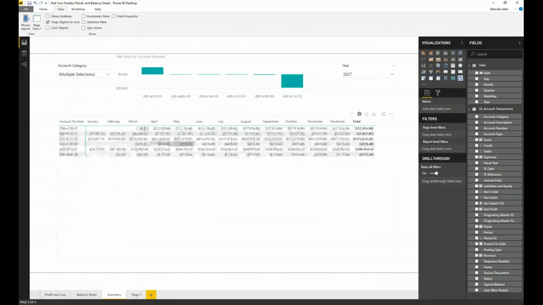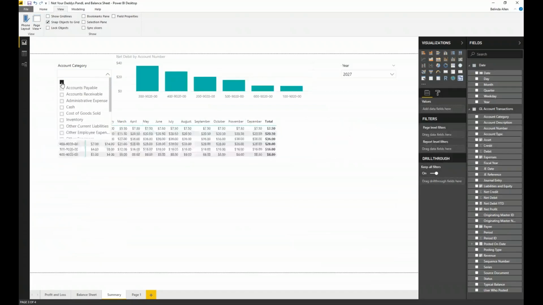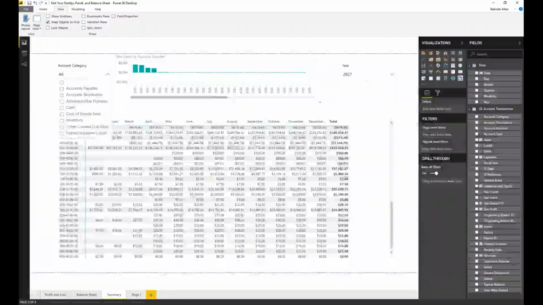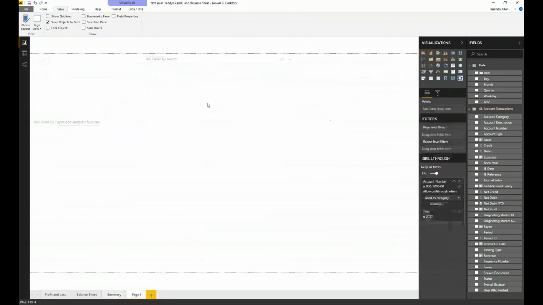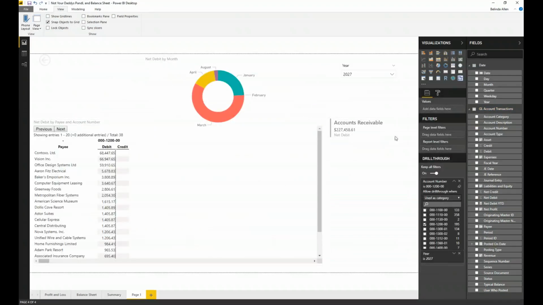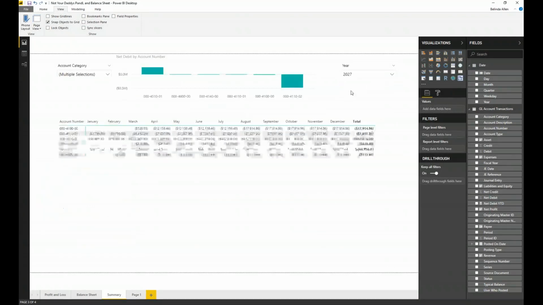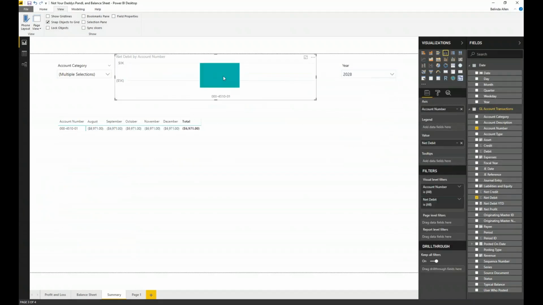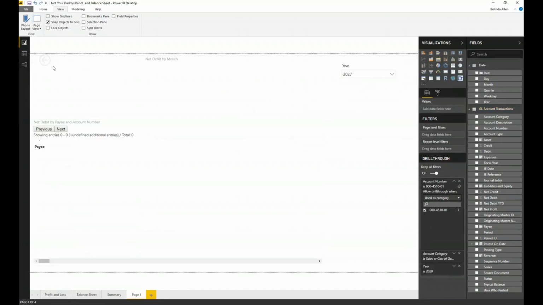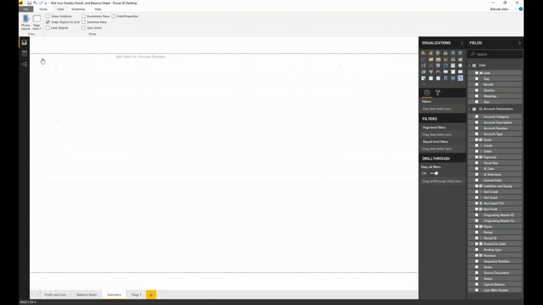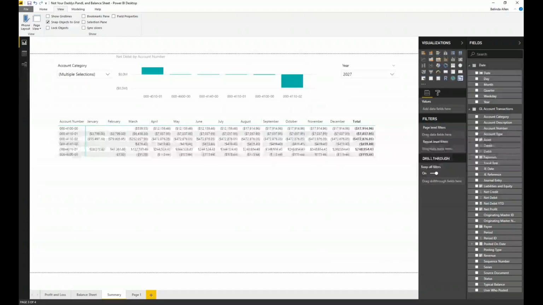So when I go back and forth, if I were to say, all right, I want everything, and whatever this account is, I right mouse click and drill through to page 1. Now I'm looking at that particular account, which happened to be accounts receivable, and it's just the year 2027. If I changed it so that I'm looking at 2028, and I drill down again... why did my sync not work? Well, you get the point. I'm not going to go through a lot of that.